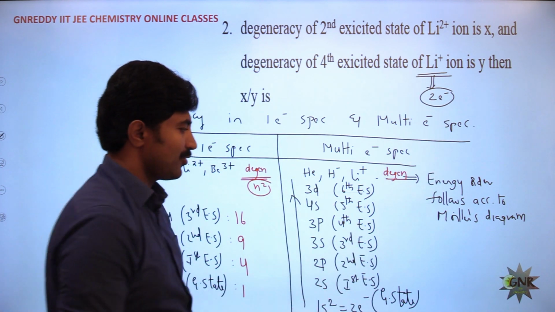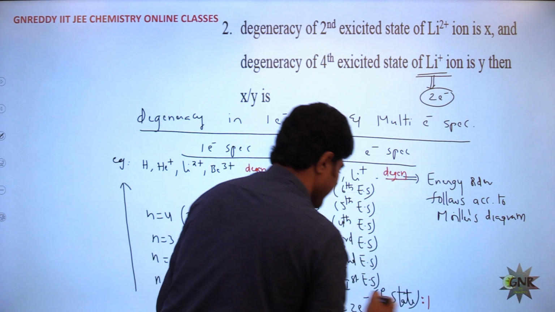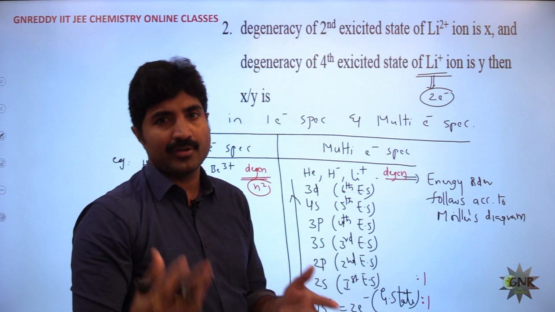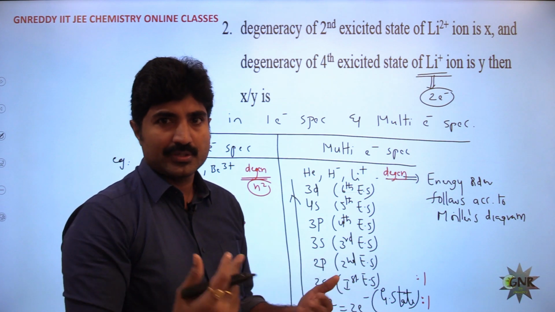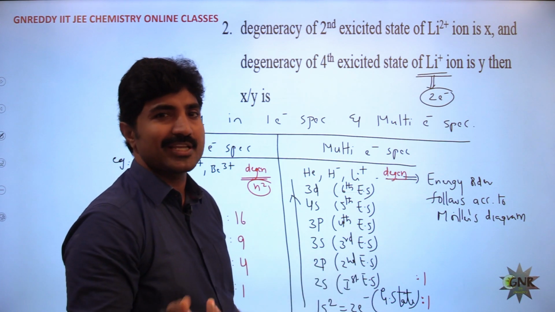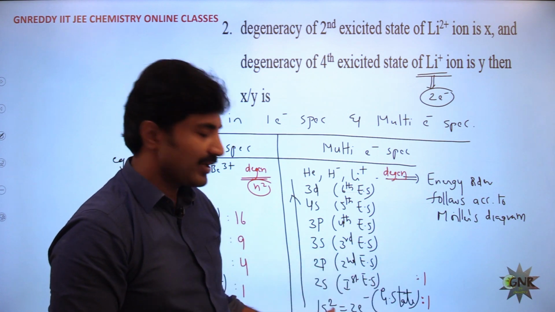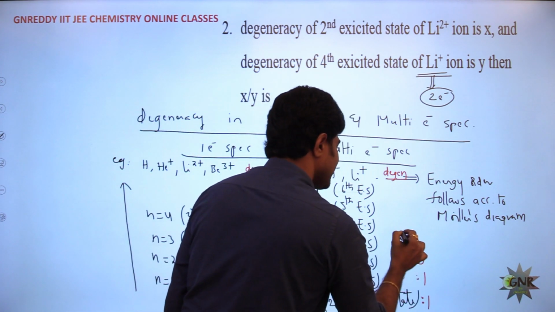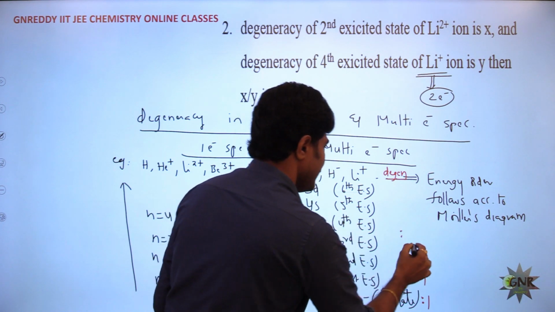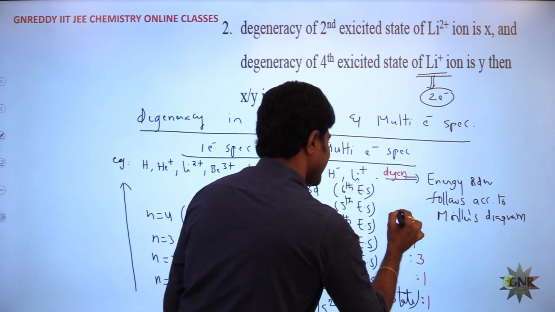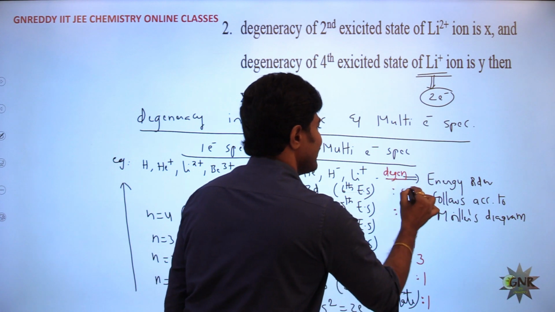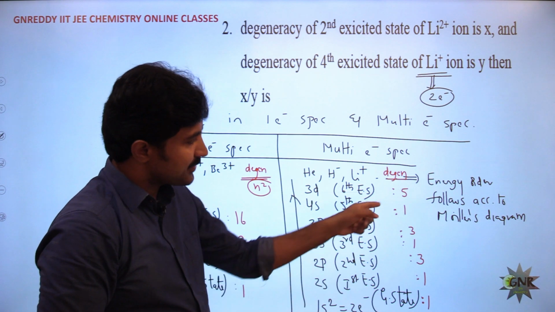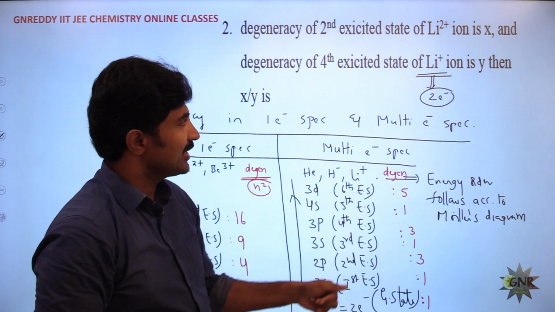Based on the orbitals, you know 1s is just 1, and 2s is 1. Actually, degeneracy is meant for when at least 3 orbitals are present with the same energy, but anyway, for 1 orbital I wrote 1. 2p is 3, 3s is 1, 3p is 3, 4s is 1, 3d is 5. Because in 3d, 5 d orbitals are present, that's why it is 5-fold degeneracy.